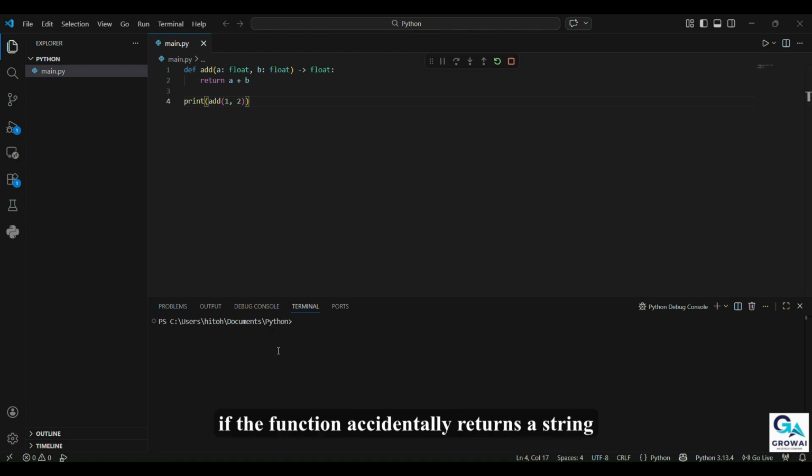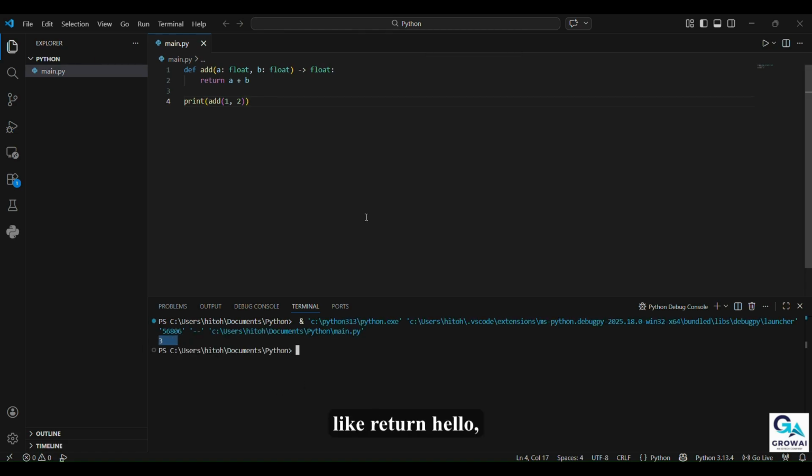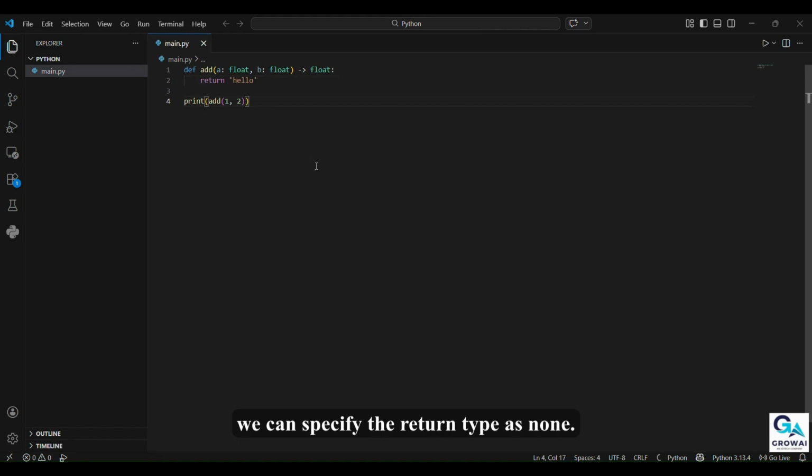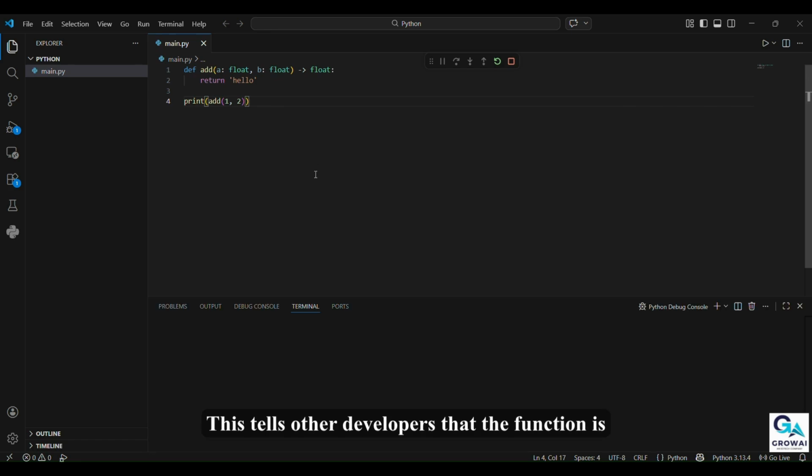For example, if the function accidentally returns a string like return "hello", the code editor will warn us that the return type is incorrect. If a function does not return anything and only performs an action, we can specify the return type as None. This tells other developers that the function is meant to run a task and does not